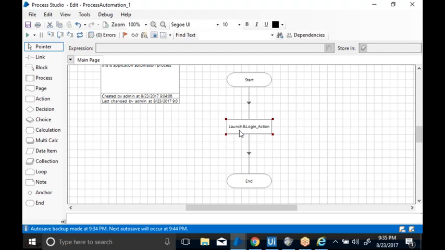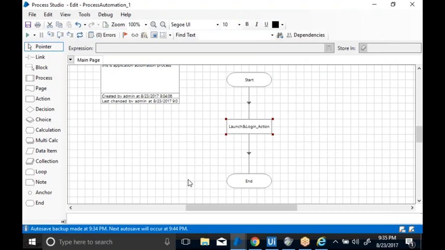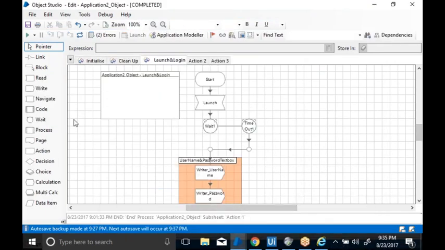Now, why are we using an action stage inside my process? To call the object. What you can see here is that you are selecting the object and you are selecting the action. As I told, we always call the objects inside the process, and to call that object inside the process, I will use the action stage. Now, the same action stage is available inside the object as well.